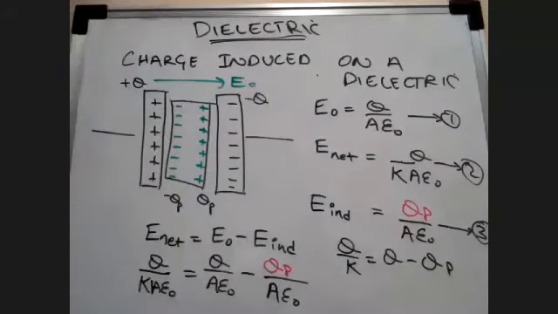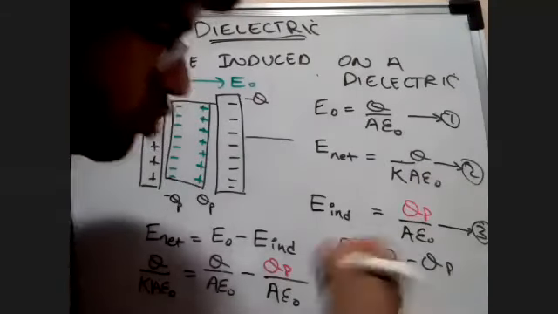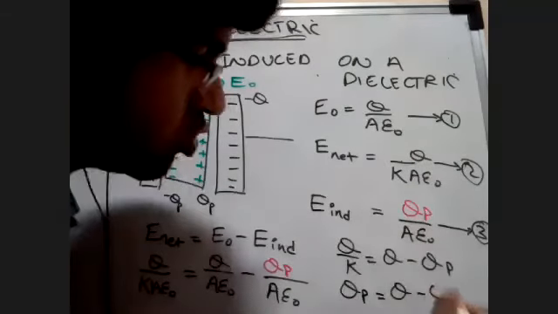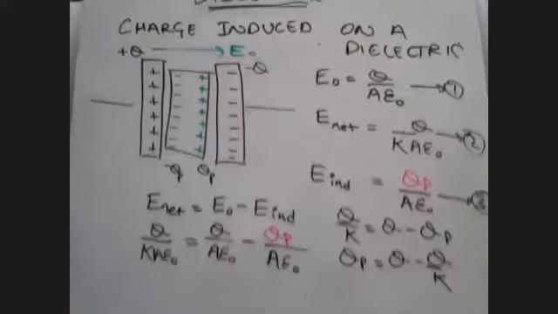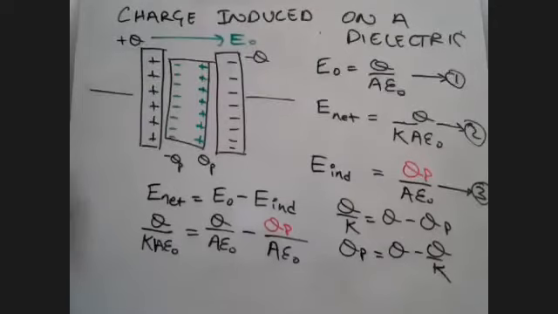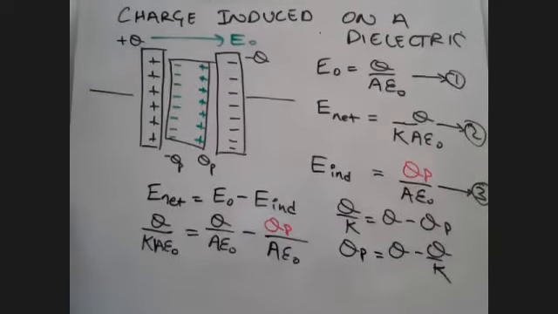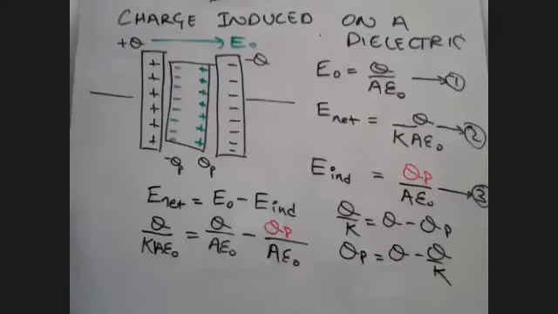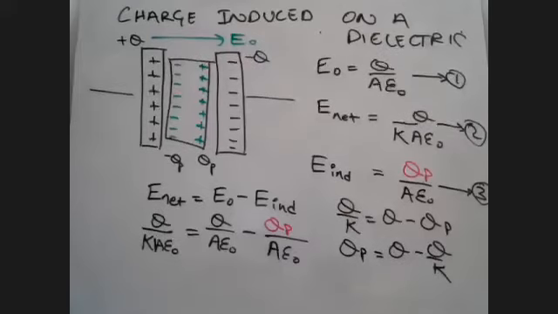And if you rearrange this, what are you going to get? QP is going to be equal to Q minus Q by K. That is basically Q minus Q by K. So take Q common, what you'll get? 1 minus 1 by K. Okay. Can you all see it? Are you all seeing it? Yes, sir. Yes, sir. Now, please pay attention.